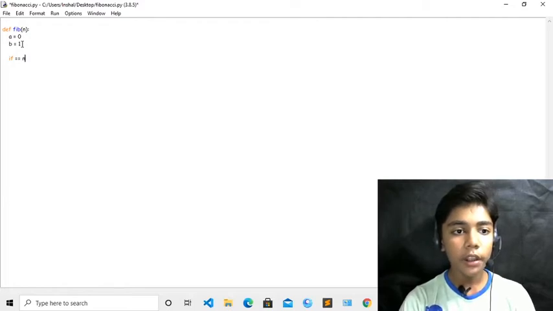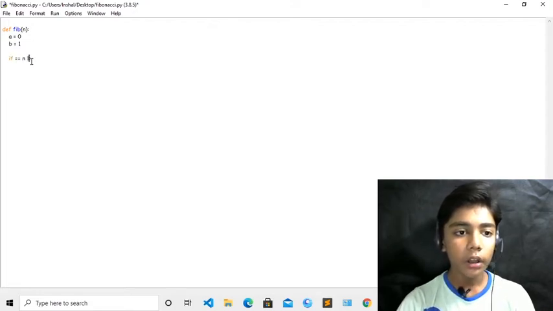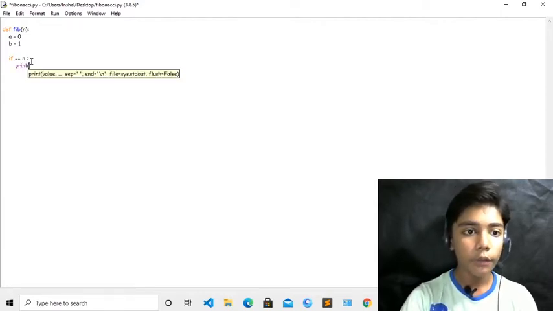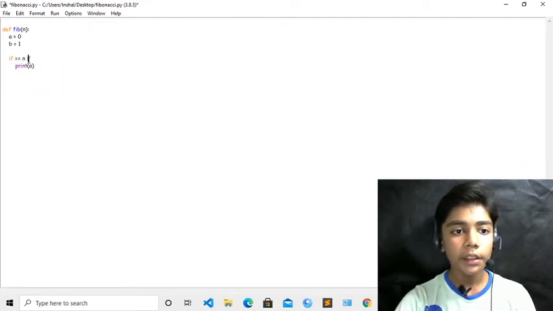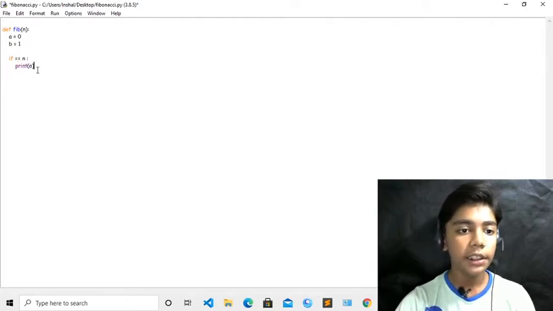Now come over here, define print, and here you have to define a. So we have defined if a equal n, then a colon, and in the print tag we have defined a. With the help of this a we will define our topic, and we will define the Fibonacci sequence with it.